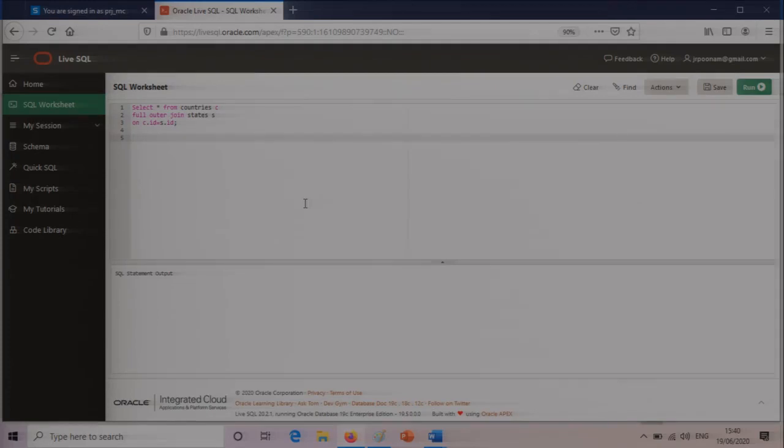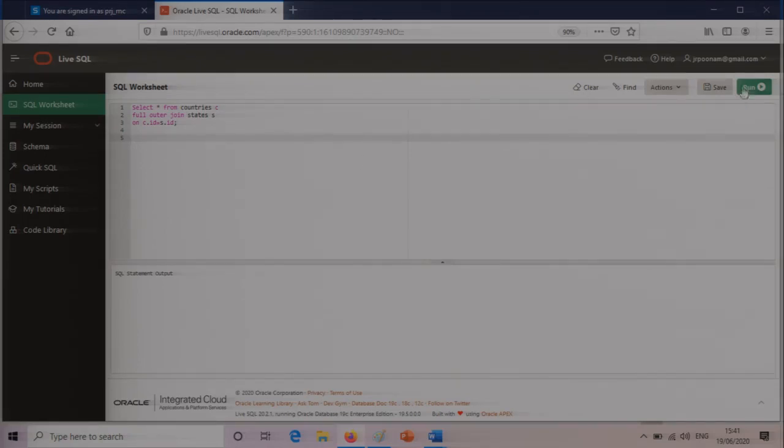Because sometimes you definitely want to extract data using the ID, primary key and foreign key, from any of the tables, but sometimes there is an exclusive situation like I showed you, where there are these entries in the states table but no corresponding entries in the countries table, but I want to choose them, I want to include them. So in that case I can use a right outer join, or if I want to choose something from the countries table wherein there is no corresponding entry in the states table, then I can use the left outer join.